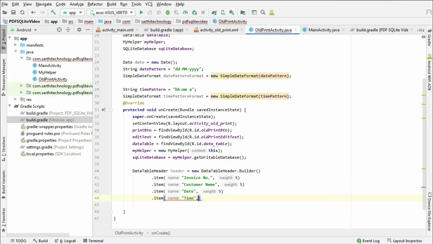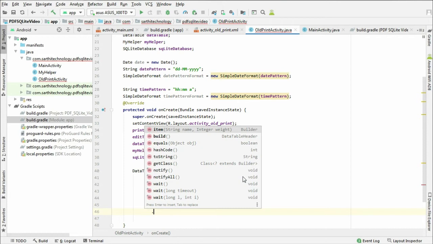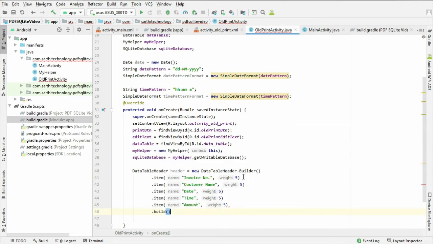Time, comma, 5. Dot build. Okay, so now the header is ready.